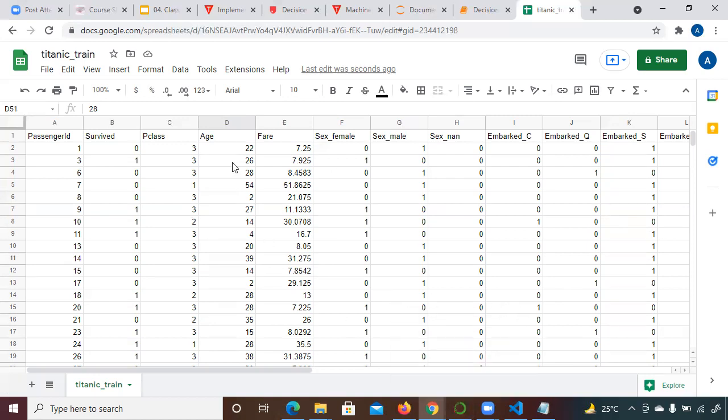Earlier in this age column, wherever the age null was true, the value was missing there. In order to explain to the other batch candidates, I just replaced those values with a random age value. That's why it's not showing there. But I will share the data set where the values are missing. So how are you going to replace those values? You have to apply Python concepts. Either you can use Excel or you can simply copy the same value also.